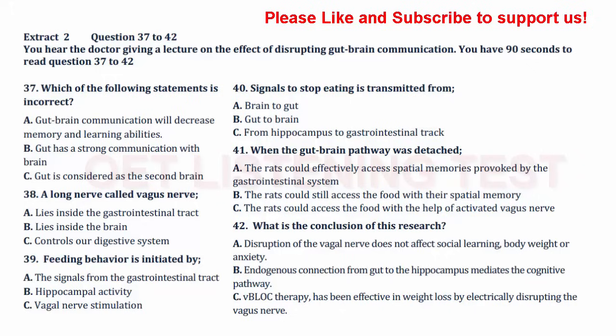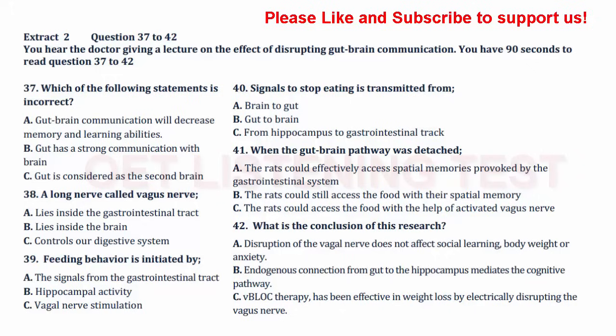With this disrupted pathway, a fascinating link between our gut and memory is hypothesized. When rats locate and eat a meal, the vagus nerve is activated and this global positioning system is engaged. Therefore, it would be advantageous for an animal to remember their external environment to locate the food again. The artificial electrical stimulation of the vagus nerve can increase memory function. However, this is the first study to find an endogenous connection from the gut through to the hippocampus that mediates